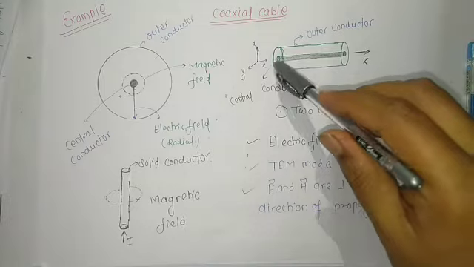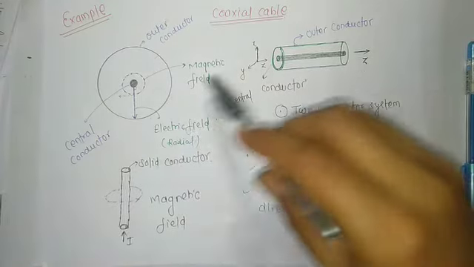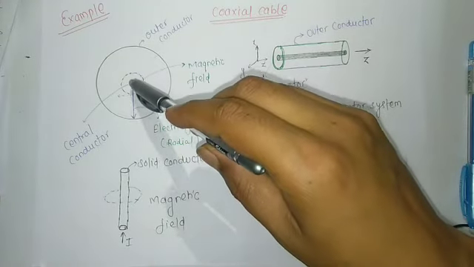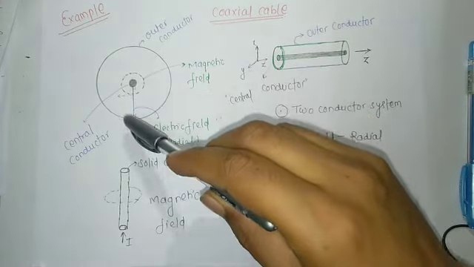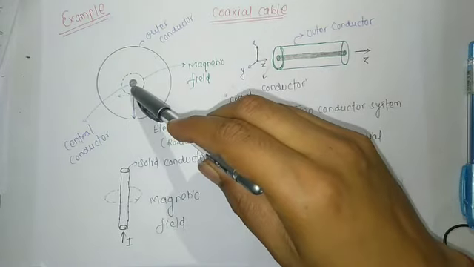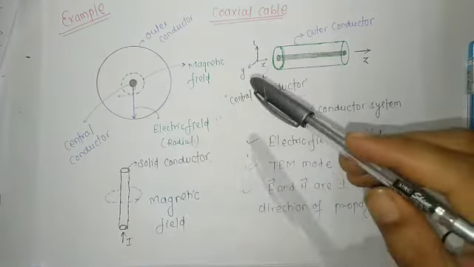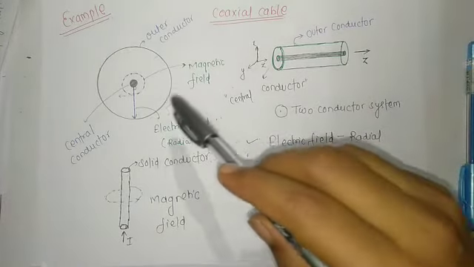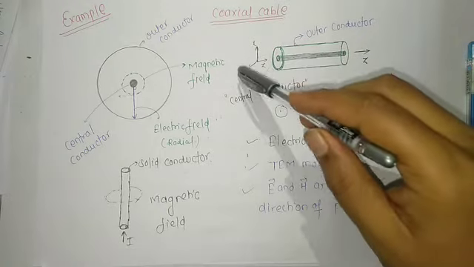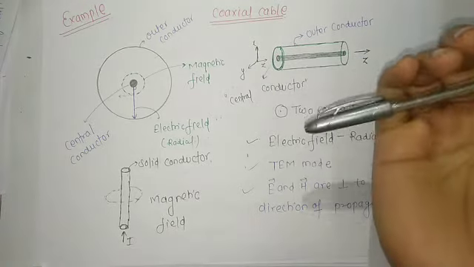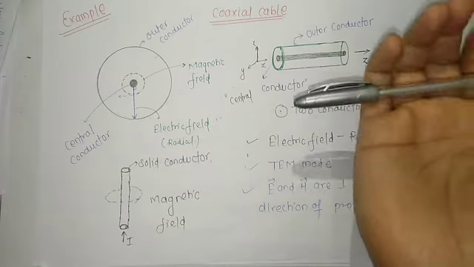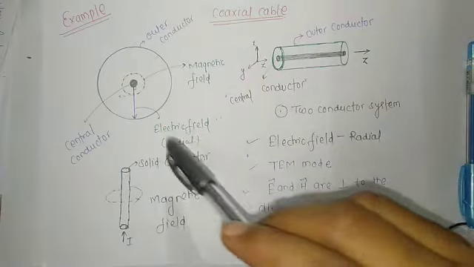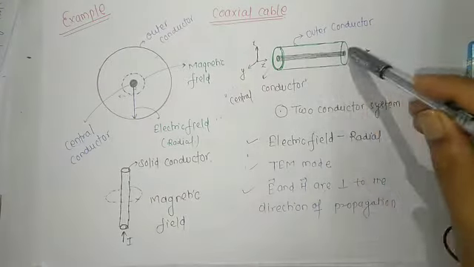Look, this figure is the front view of the coaxial cable. Look here. The electric field starts from one conductor and terminates on another conductor, and it makes a 90-degree angle, because we have already said that the electric field is always perpendicular to the conductor. If somebody is looking from here, he will see the magnetic field in the form of a loop.